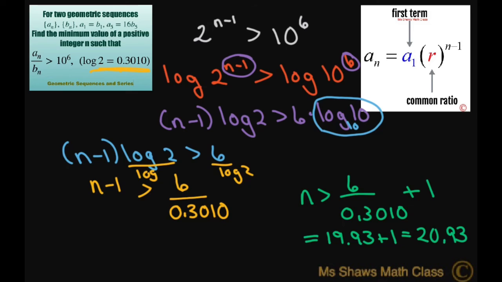Now, we need a positive integer, so the minimum positive integer. We have to round this up. So the minimum value of the positive integer is